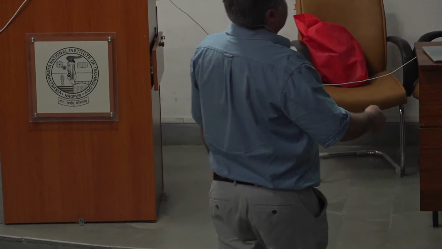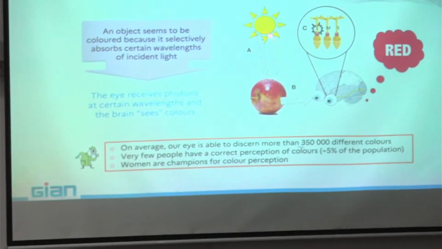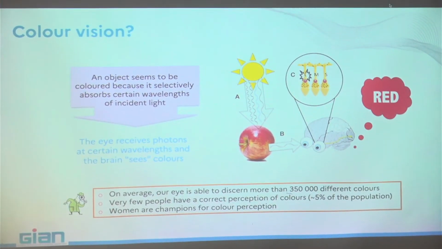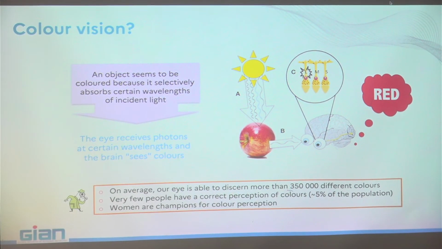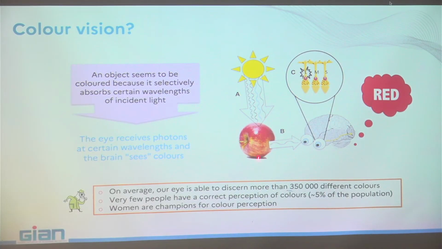And in fact, when the light arrives at the apple here, a part of the light, especially the blue and the green, is absorbed by the surface of the apple, and the apple reflects only the remaining part, the yellow and the red. This information goes to the brain, and you see something is red, has the form of an apple, has the taste of an apple, the texture of an apple, and then you say in half a second, this is an apple, I can eat it. Usually,